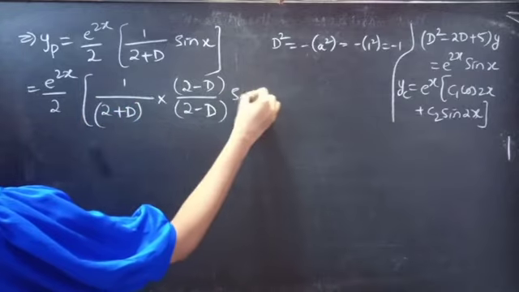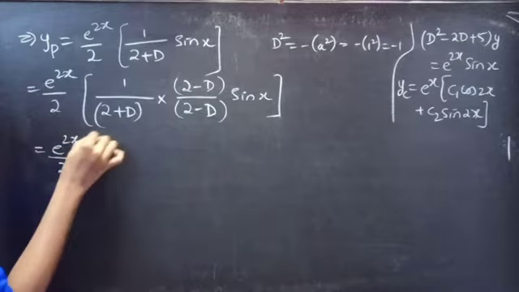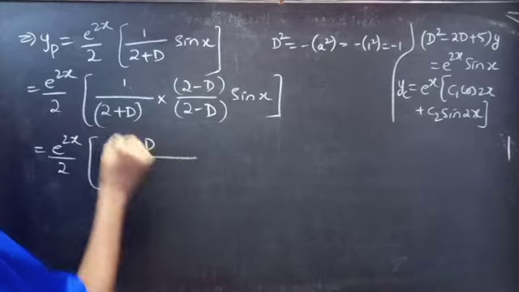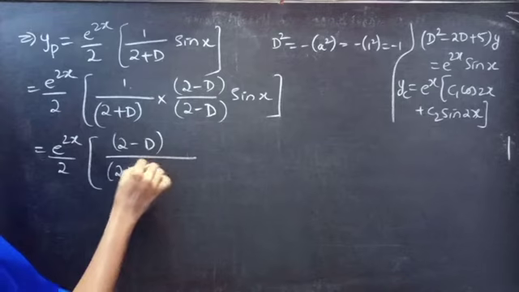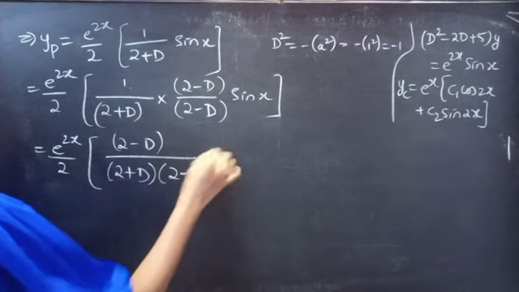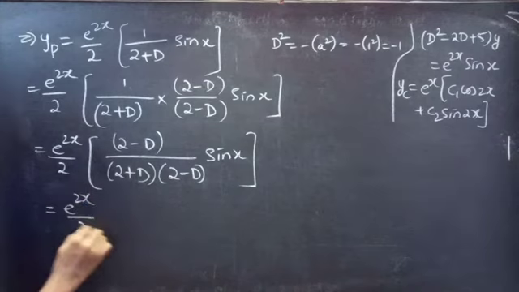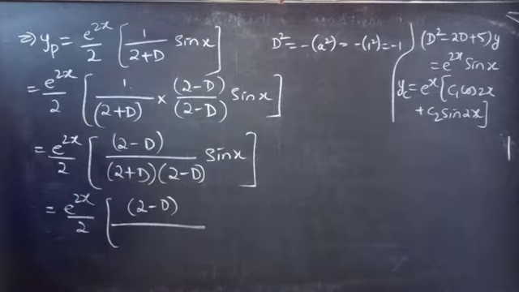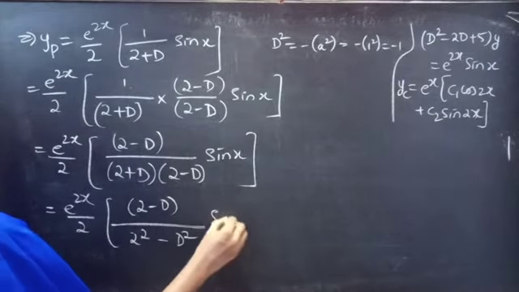into sin x, equals e^(2x)/2 into 1 into (2 minus D) divided by (2 plus D) into (2 minus D). Sorry, (2 plus D) into (2 minus D), into sin x, equals e^(2x)/2 into (2 minus D) by this of a plus b into a minus b form, so we can write the denominator as a square minus b square, into sin x